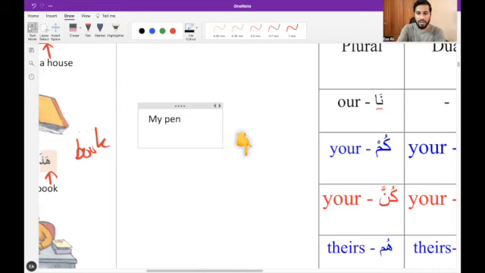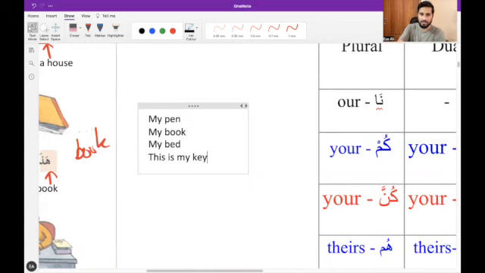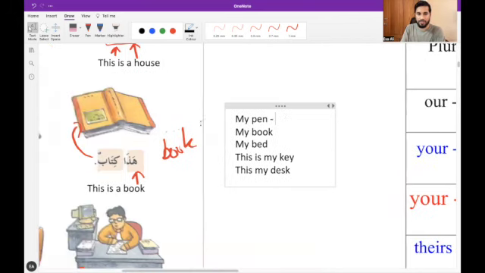My pen, my book, how would you say that? My bed, etc. And even this is my key. This is a much longer sentence. This is my desk. And if we were to try to say this in Arabic, we know that the Arabic